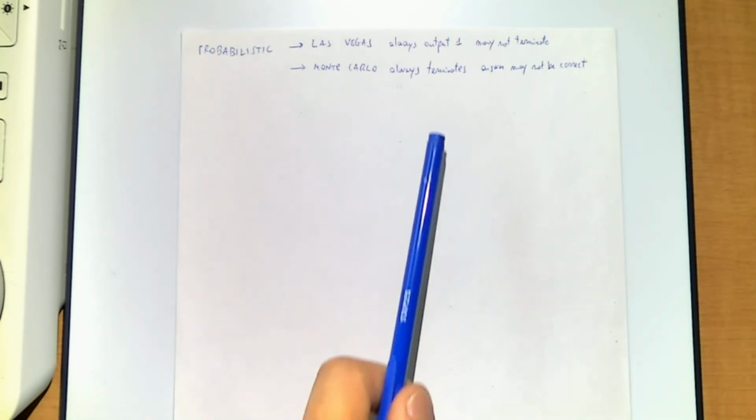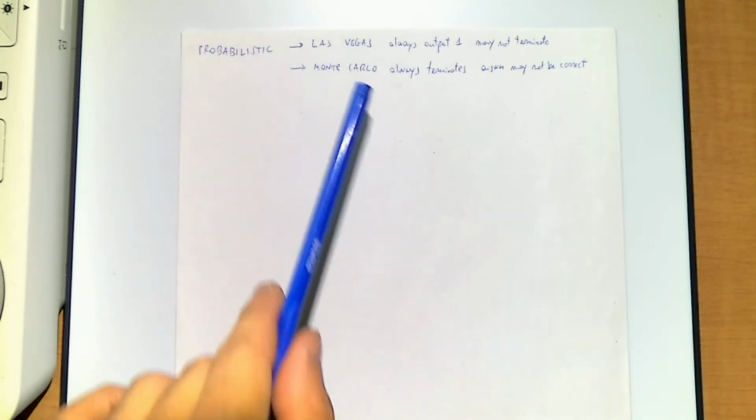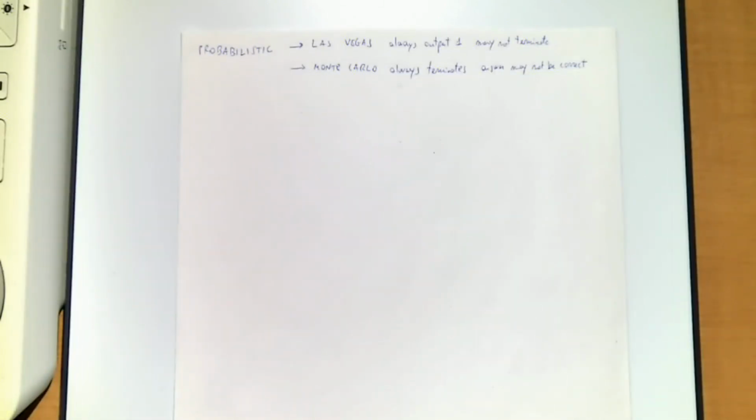So in the second case, it's important to introduce the idea of confidence level, because the answer may not be correct, but it will be correct with a certain probability. And then what you do is fix your running time so that this falls into the confidence level that you want. This is, again, the opposite of a Las Vegas algorithm, in which you're sure to get a correct answer, but you don't know how long it's going to take, and the algorithm may not terminate or may take a variable amount of time.